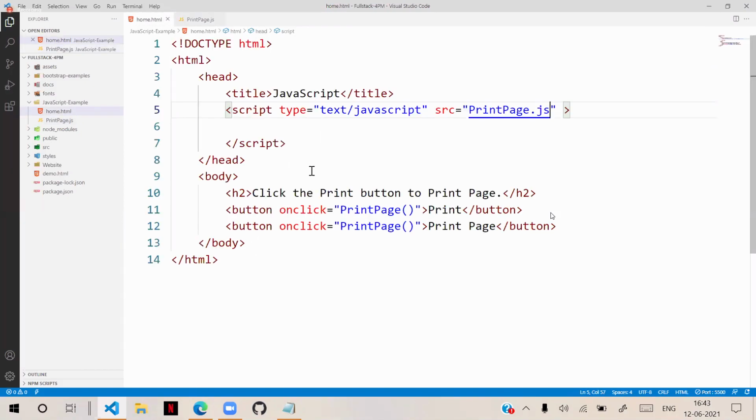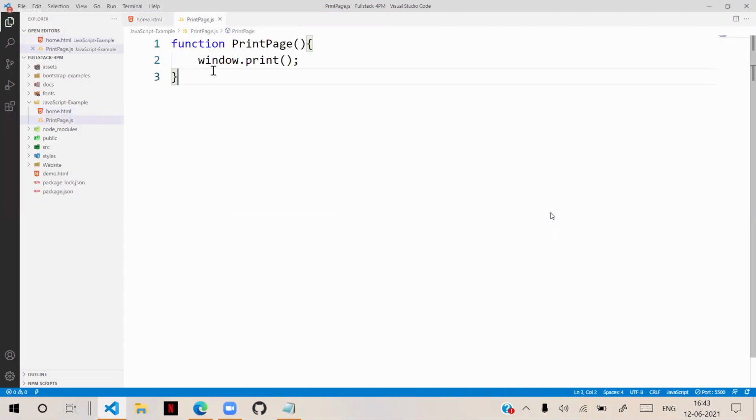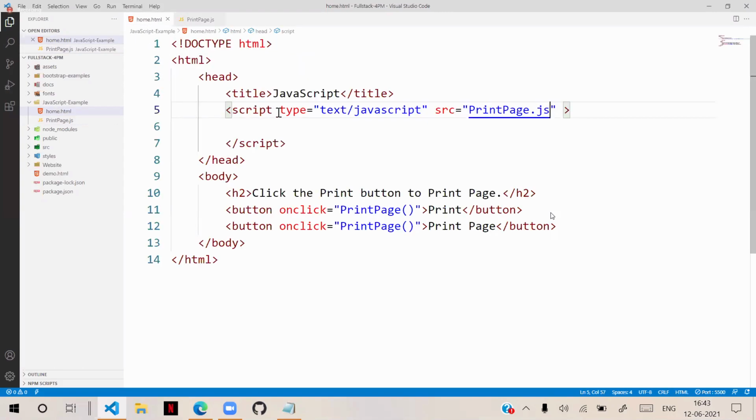What is the advantage? You can use this file for any page. You can access this function across several pages. In whichever page you want to use it, you have to use a script tag, and through source you can access and use it.